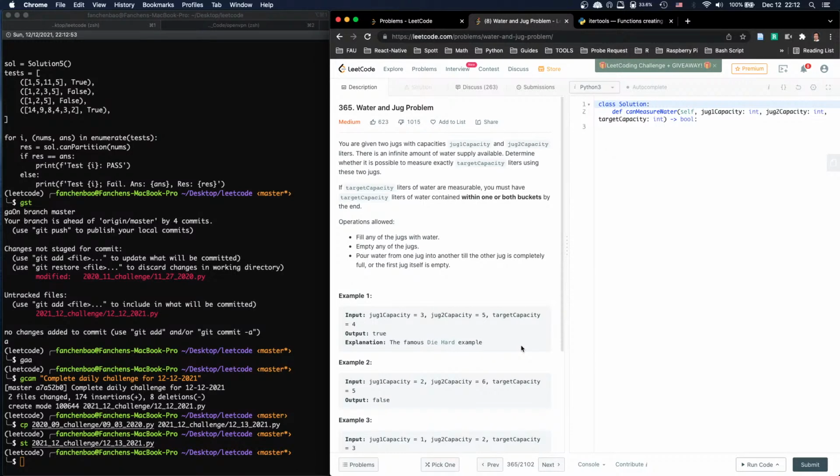So we have 5 minus 3 is 2. That means on the big jug I have 2 left. So I try to fill the smaller jug into the 2. So now the smaller jug has 1 left. Right, smaller jug has 1 left. Actually, oh wait, hold on, this is not done. Smaller jug has 1 left, and the bigger jug has